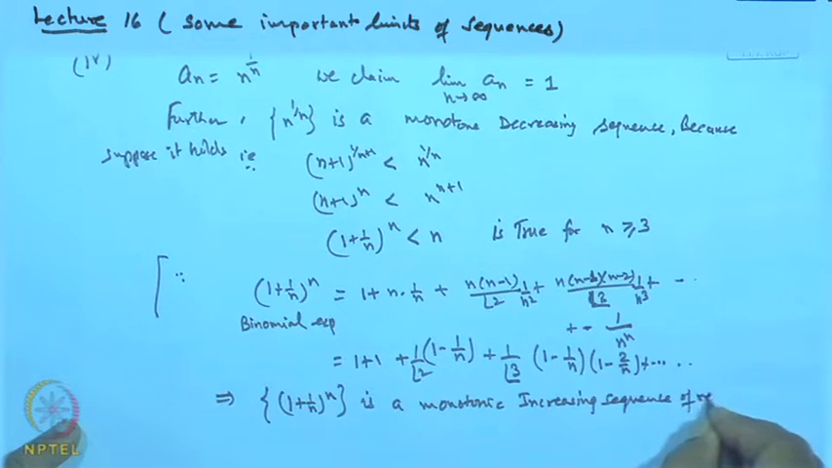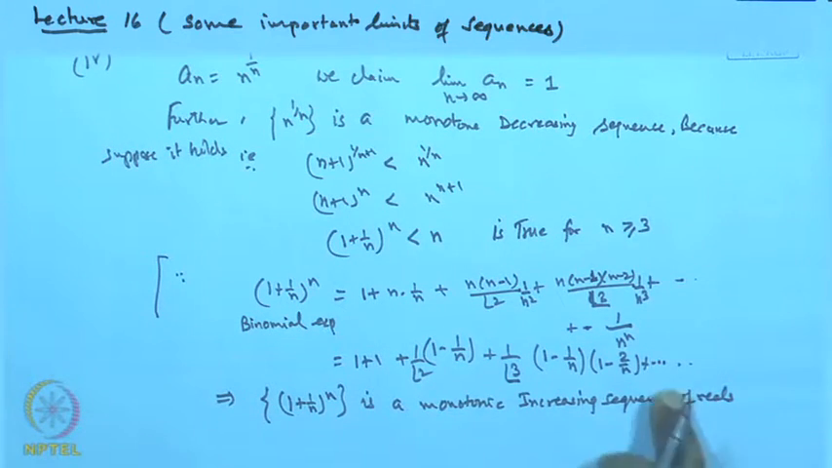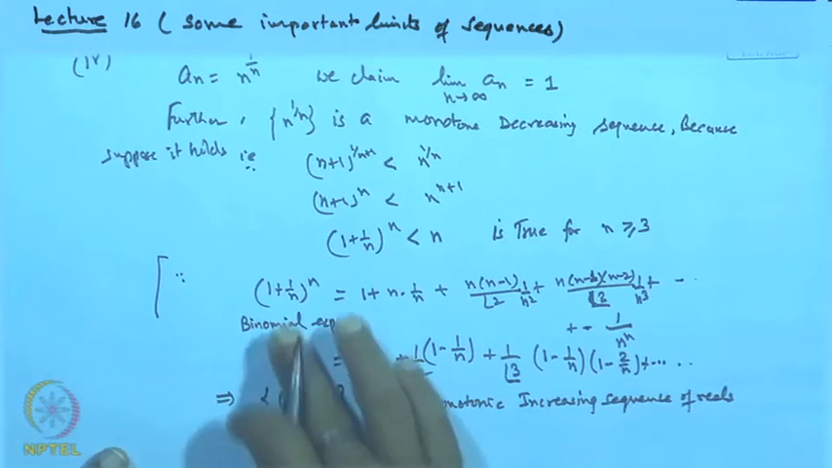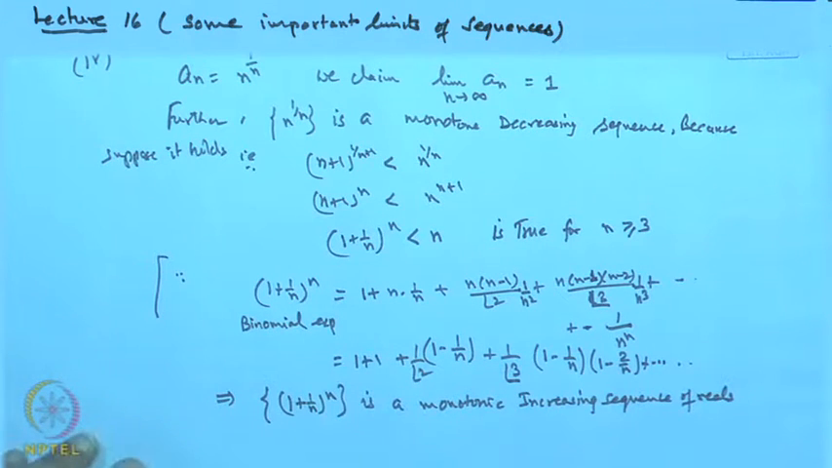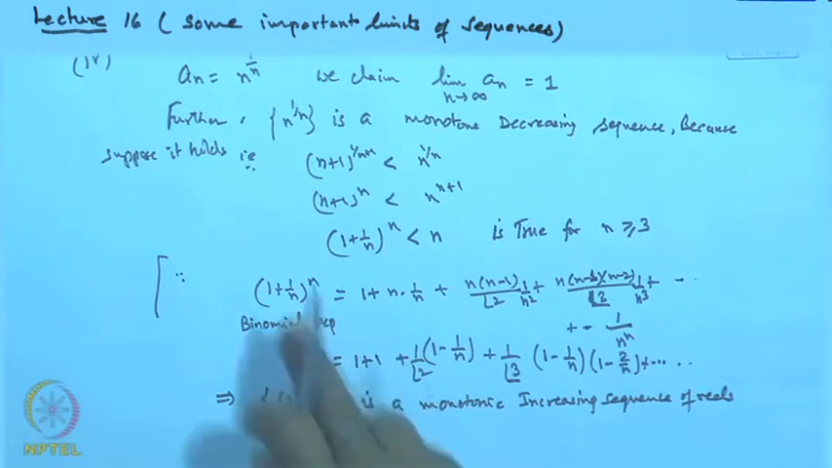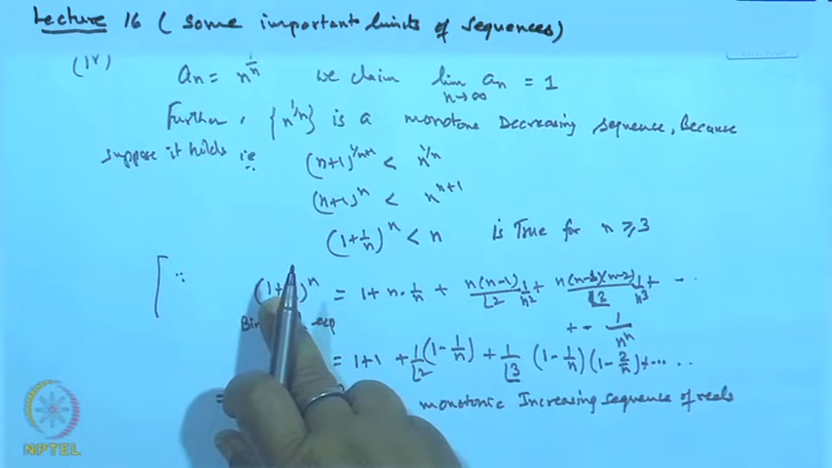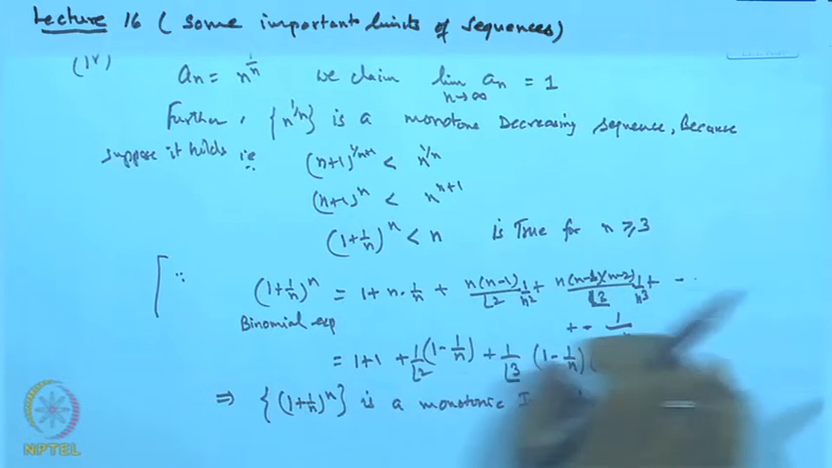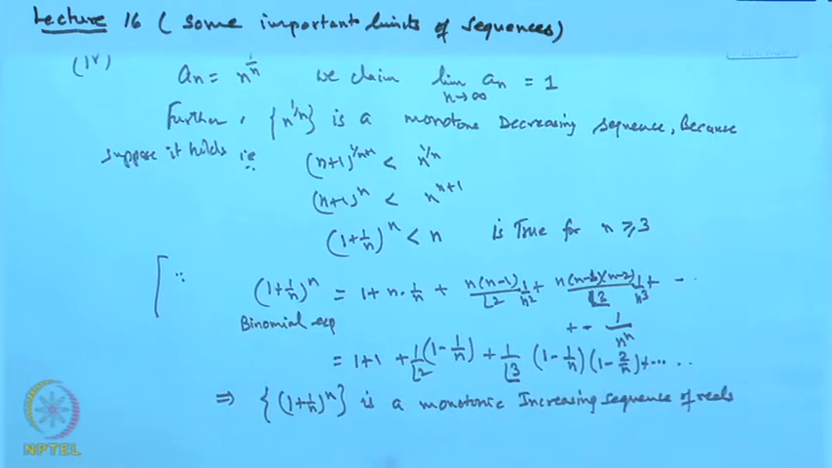Of reals, because when n increases, the terms increase here. And this is positive, this is positive. So you are adding some positive terms here again. So it is a monotonic increasing sequence. Further, this sequence for all n is at least greater than 2, because these are positive things. Okay. But this sequence further